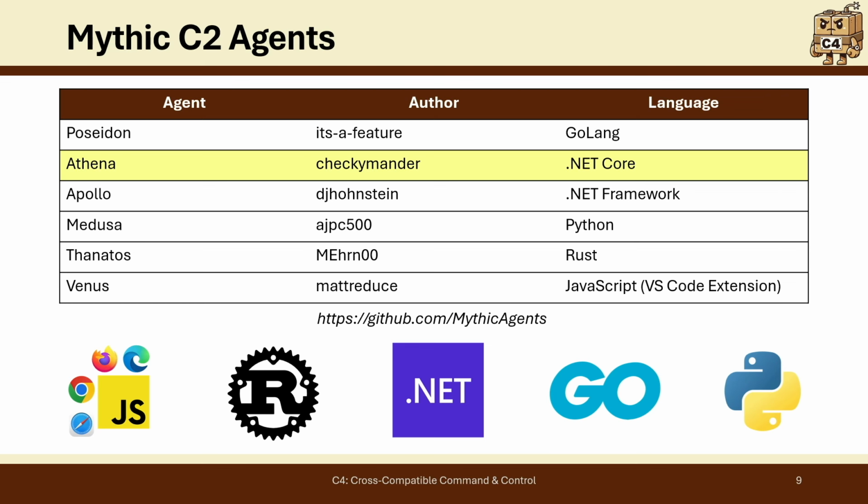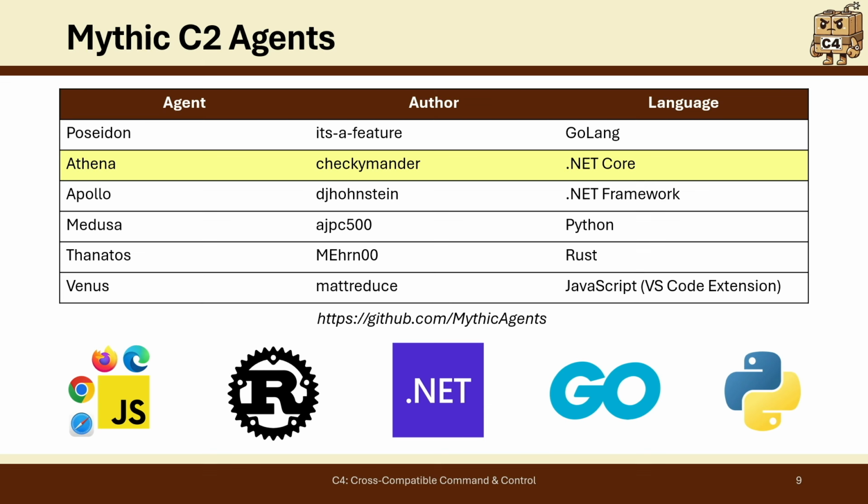Now, the cool thing is, yeah, this worked great. I was able to do my GitHub C2 using the Athena agent in the Mythic C2 framework. But some of the other agent developers for this framework were like, well, I want to get in on the fun. But it's a little more challenging to take what I developed in .NET and port it to all these